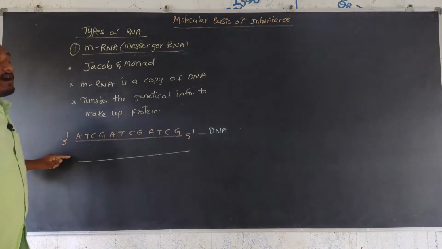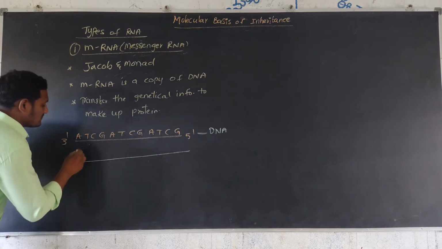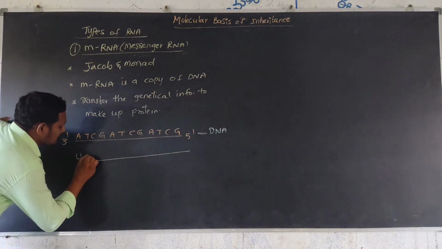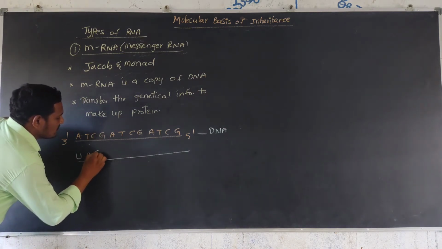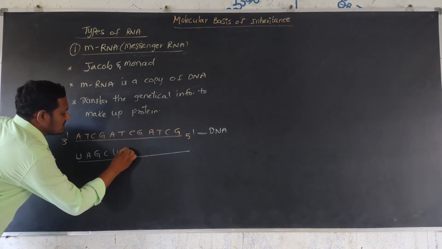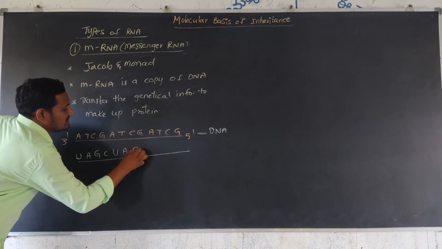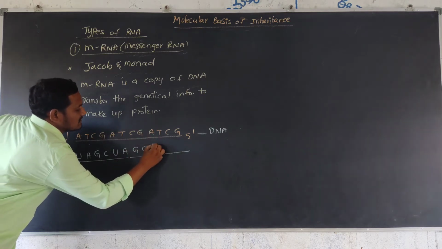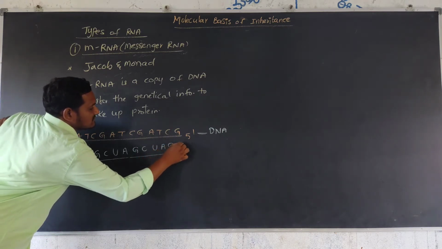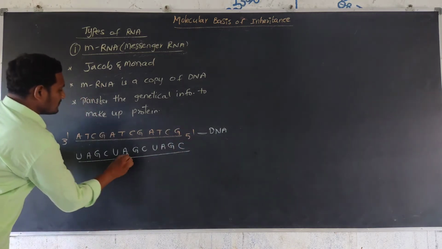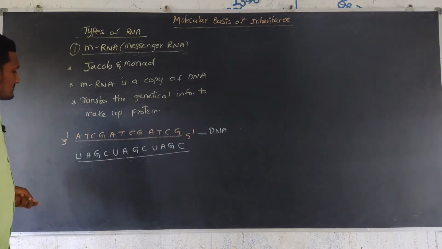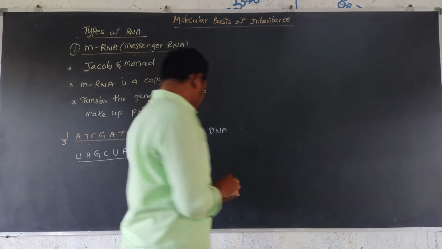So this is RNA. A binds with uracil. Next, thymine binds with adenine. Cytosine, guanine. G means C, A means U, T means A, C means G, G means C, A means U, T means A, C means G, here C. So mRNA is produced in this process, and some steps are also involved in this process.